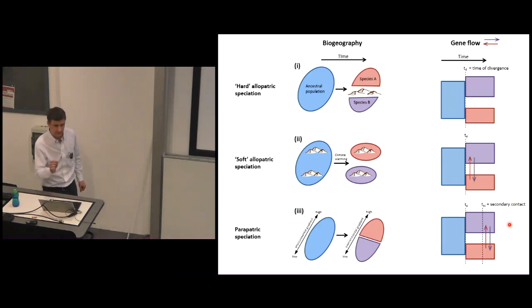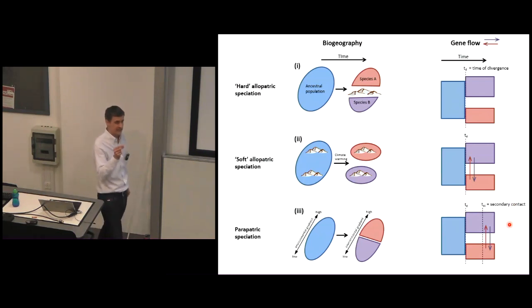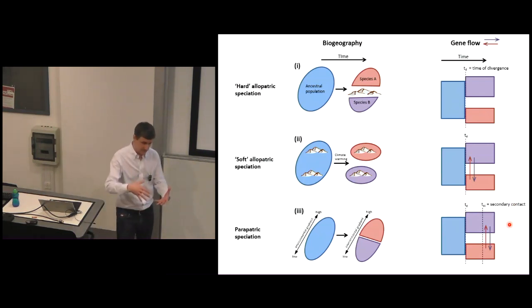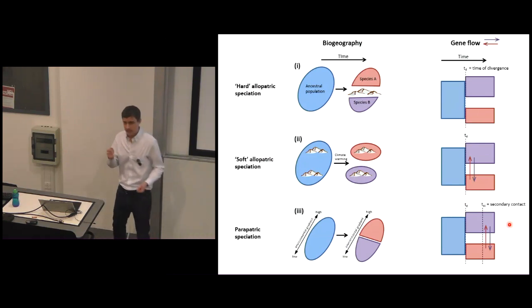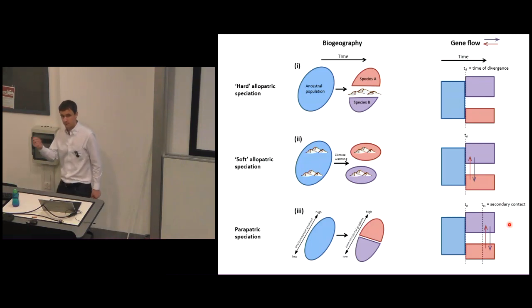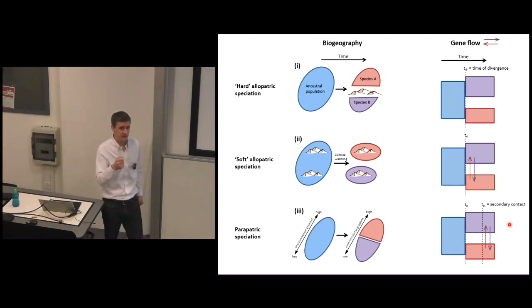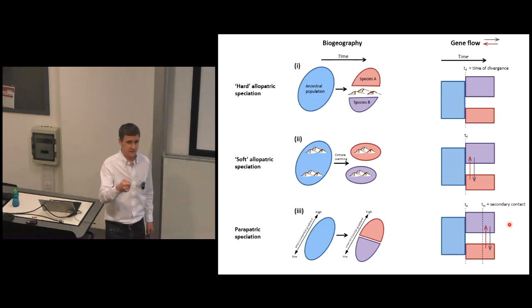But what's really difficult for us, the key challenge right now, is not just to be able to say we're identifying across the genome that there is speciation with gene flow, but actually we need to be able to identify if it's primary or secondary contact. So we need to identify whether that gene flow has started occurring more recently. They might have diverged in allopatry, shifted around, the distributions have shifted, come back into secondary contact, and reinitiated gene flow in effect.